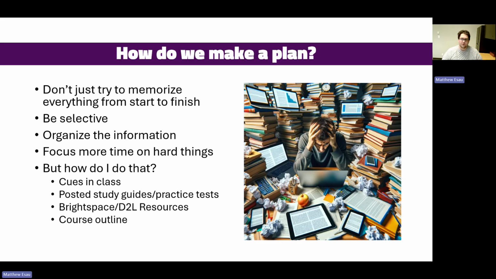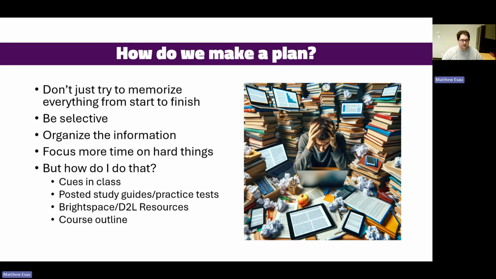But okay, so how do we do these things? How do we be selective? How do we organize the information? How do we know how to do these things? And there's a bunch of methods for doing that. A few